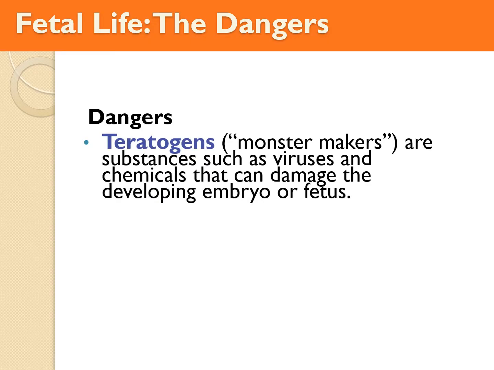When we start from sperm to worm, the first thing that we have to look at prior to even being born is the danger of teratogens. Teratogens we call monster makers because they are any substance, anything that happens out there that can damage the embryo or the fetus. Now that's everything. Everything in the world can do it. It can be things that are in paint for when you're painting the room. Stress is a huge teratogen.